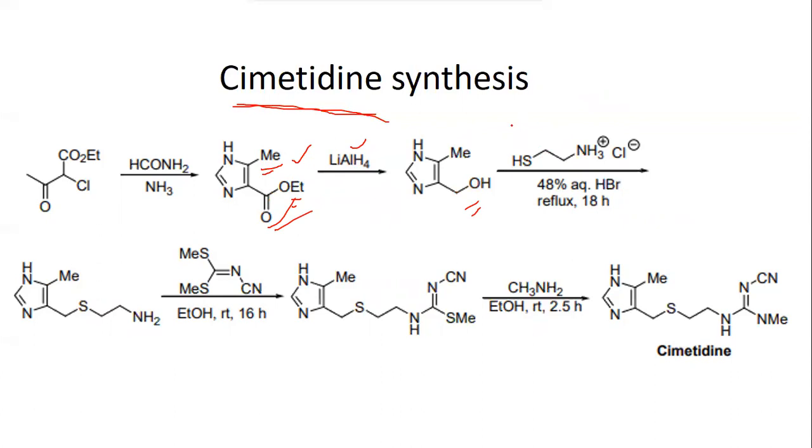So you add this with 2-mercaptoethylamine, SH, CH2, CH2, NH2. Mercapto is this thiol group when it is placed like a substituent, so it is called mercapto. 2 position mercapto is there, 2-mercaptoethylamine. This is the ethylamine, CH2, CH2, NH2. Okay, so you add 48% mercaptoethylamine and then reflux for 18 hours.